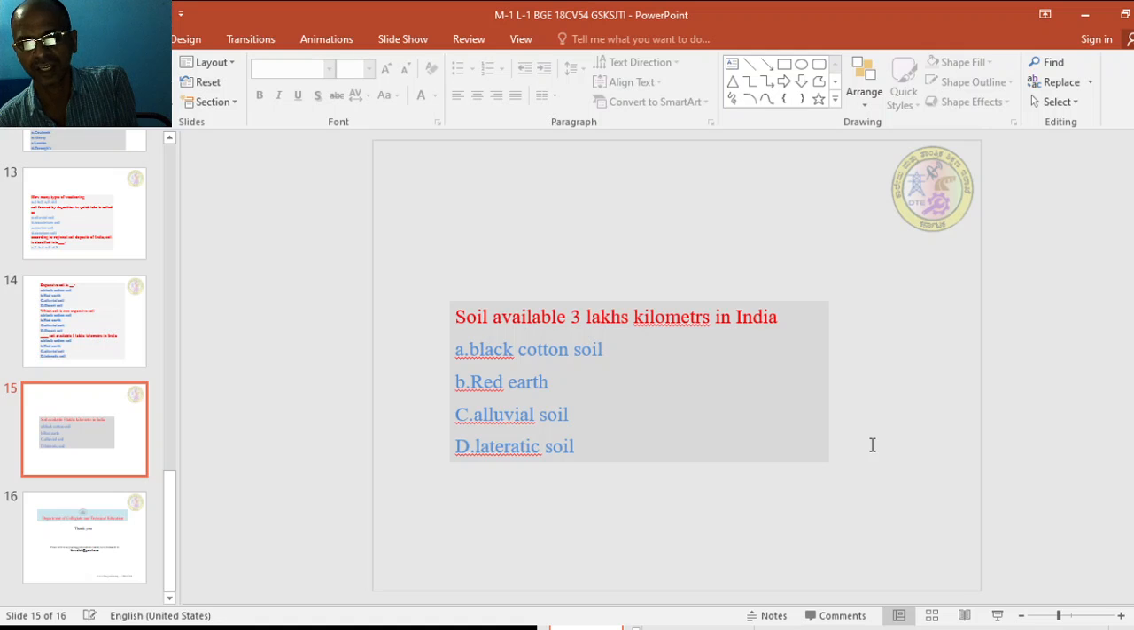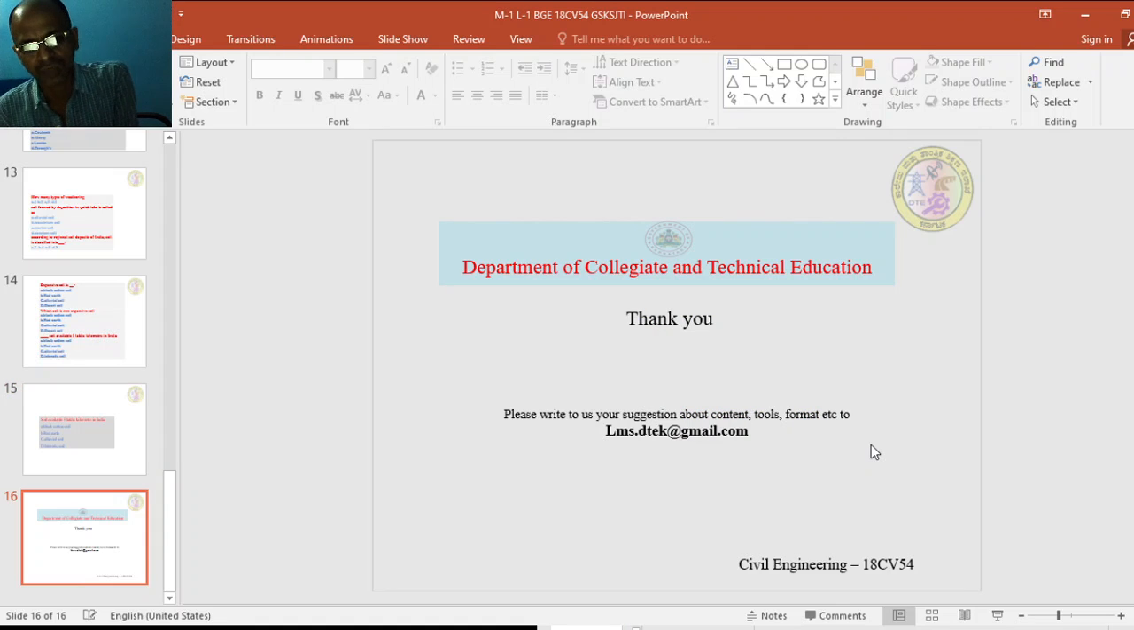Option is A. So hence soil mechanics is a wider term which covers a huge area. In the field of geotechnical engineering, soil mechanics by and large we are calling geotechnical engineering. So thank you for attending the class. Please go through the multiple choice questions, and if you have any doubt in the multiple choice questions,